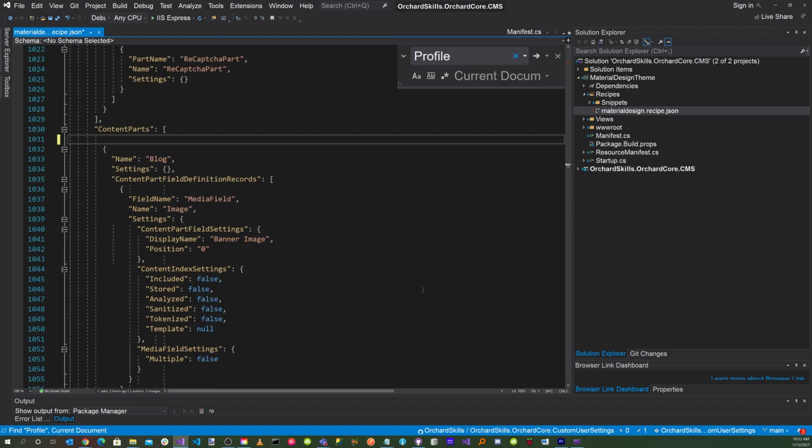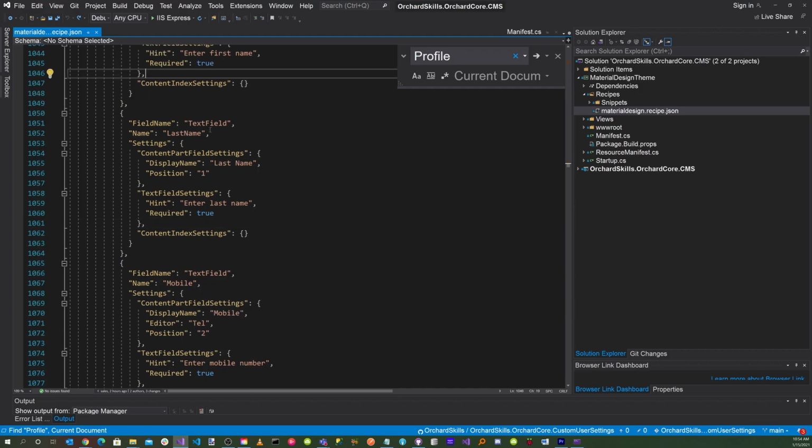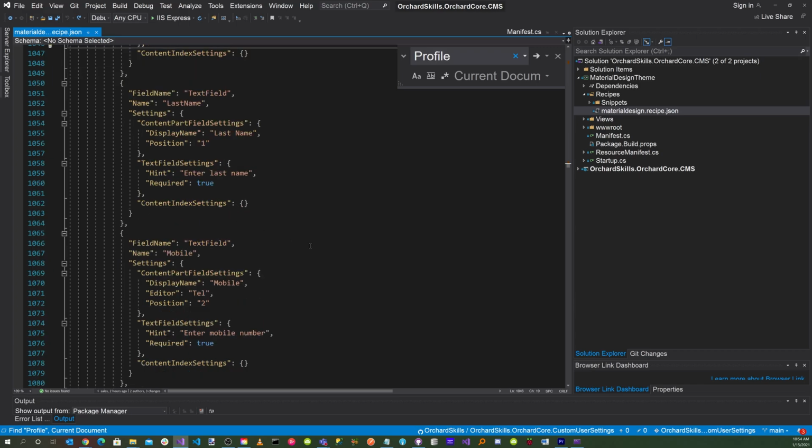And now down in the content parts, we also want to add user profile, settings, content part field definition record with a field name, text field, name, first name, settings, content part field settings, display name, first name, position 0, text field settings, hint, enter first name, required, field name, text field, name, last name, settings, content part field settings, display name, last name, position 1, text field settings, hint, enter last name, required true,